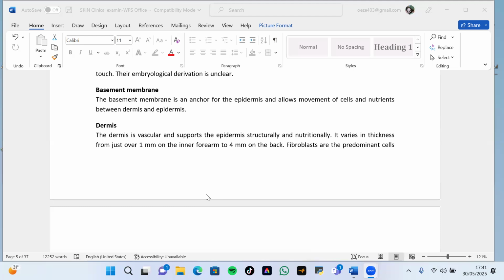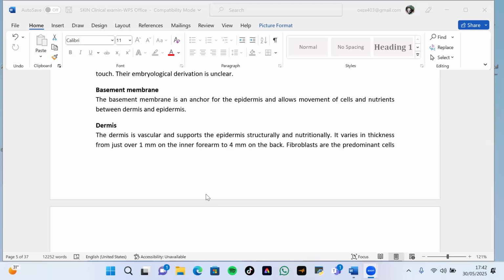It varies in thickness, ranging from over 1 millimeter on the surface of the forearm, that is our arm, to about 4 millimeters on the back. If you recall, in one of the questions we were asked the thickest. So it is the dermis. Recall the epidermis is around 0.1 to 0.4, something like that. And we said towards the palmar, it's small. But that of the dermis has about 1 millimeter on the inner surface of the forearm to about 4 millimeters